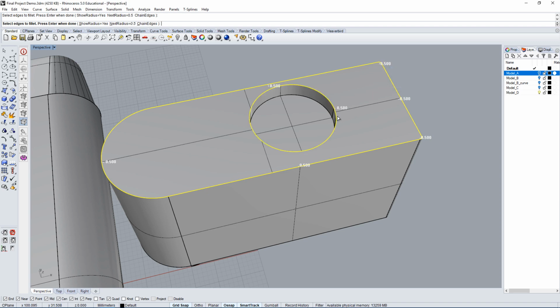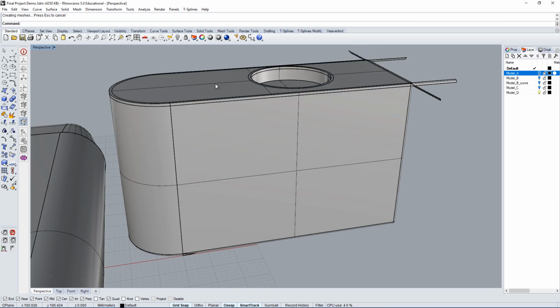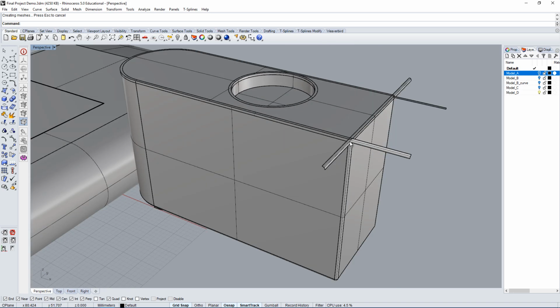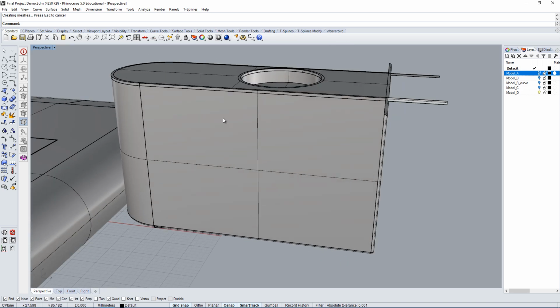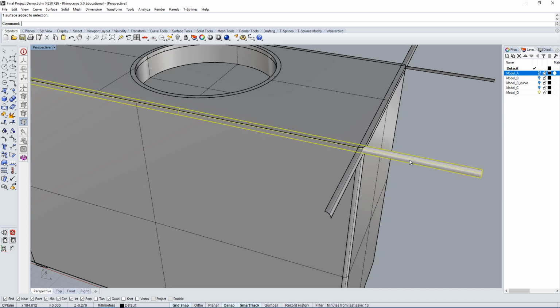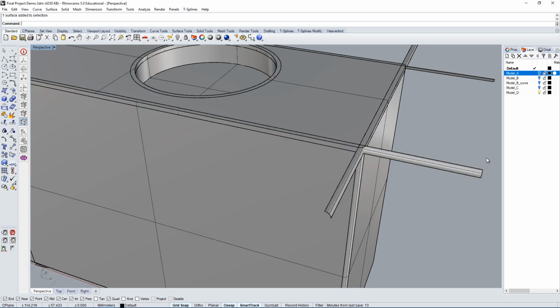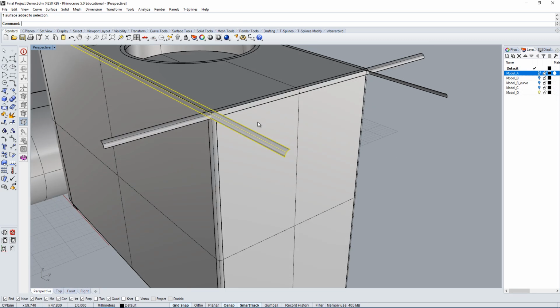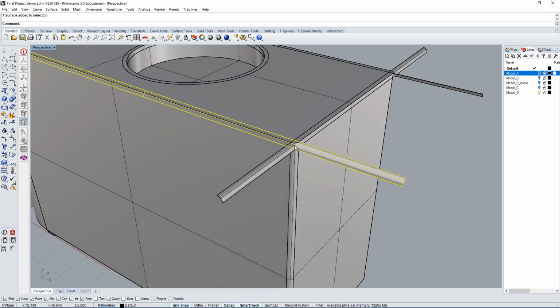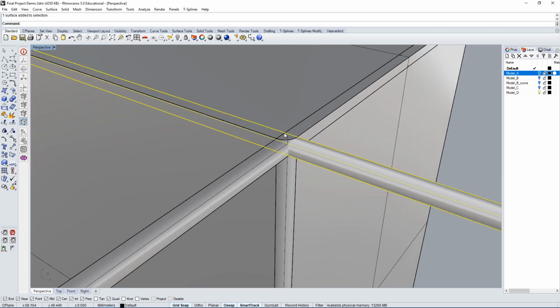So just something to think about as you're modeling things. Just think about how you're breaking it up, what you're doing, and how the software looks at it. So in this case, I asked it to do a 0.5 radii fillet and a 0.5 here, which forces it to come to a single point at the top. So of course, if it comes to a single point, that means you're asking the surface to create what's referred to as a bad surface, because the entire surface is going to be three-sided.